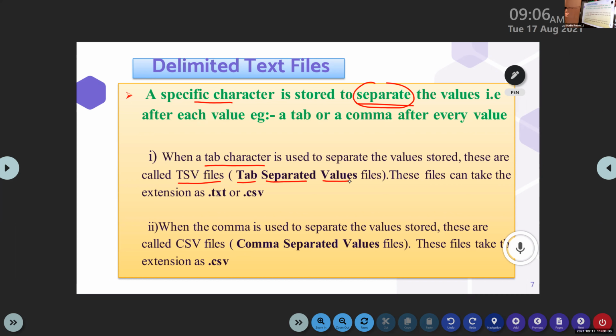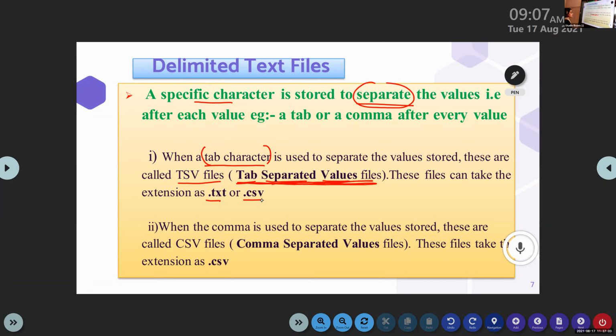When the values of a file are separated using the tab character, such files are known as TSV files, which means tab separated values. From the words themselves you know the definition: the files which have been separated with a tab character. Such files have extensions like .txt and .tsv.